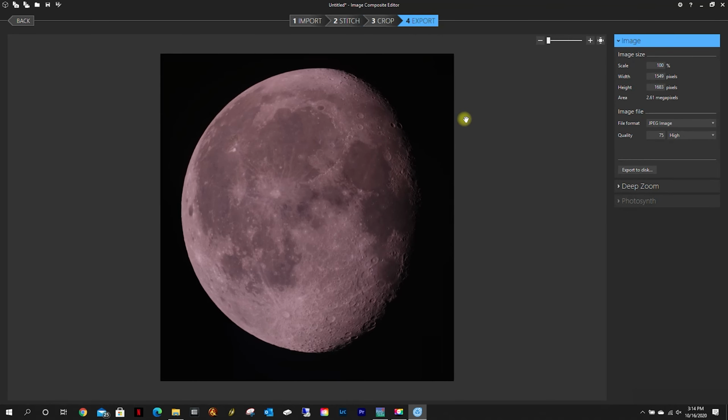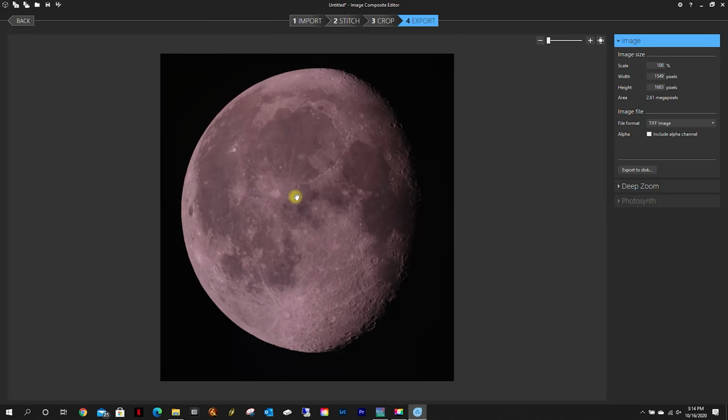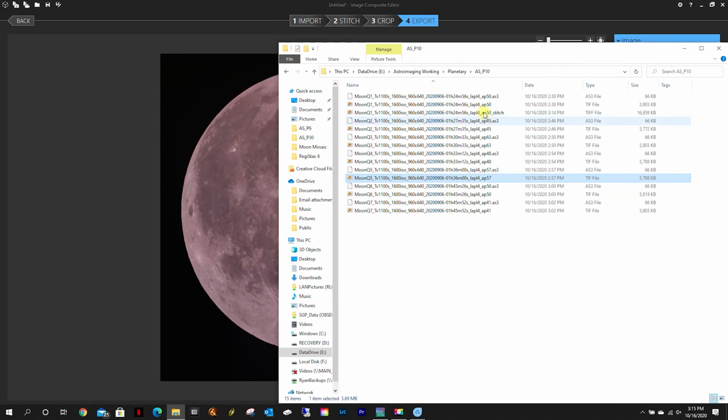So now let's do an export, and let's export that as a TIFF. Export to disk, and you can see it says Stitch at the end. So we will leave that. We will save it. And that is done. So now if we come over here, we should have our stitched image right there. And if we open it up,